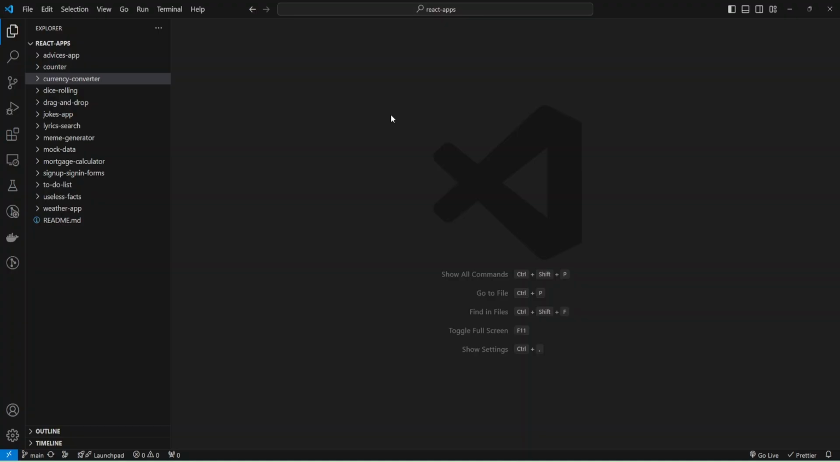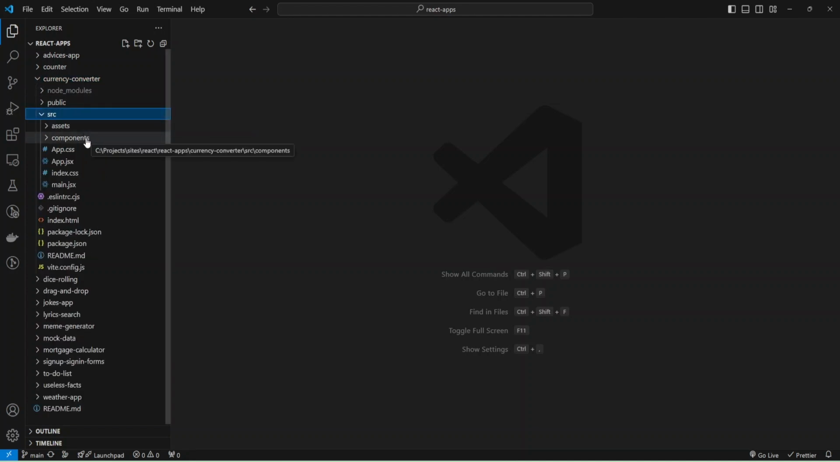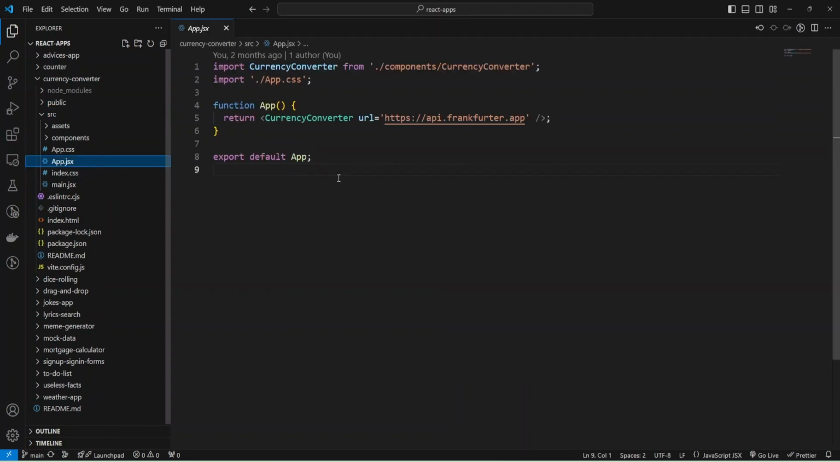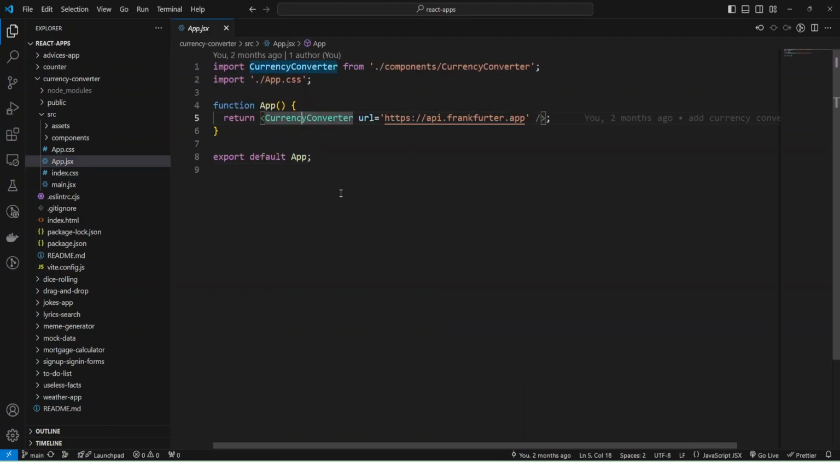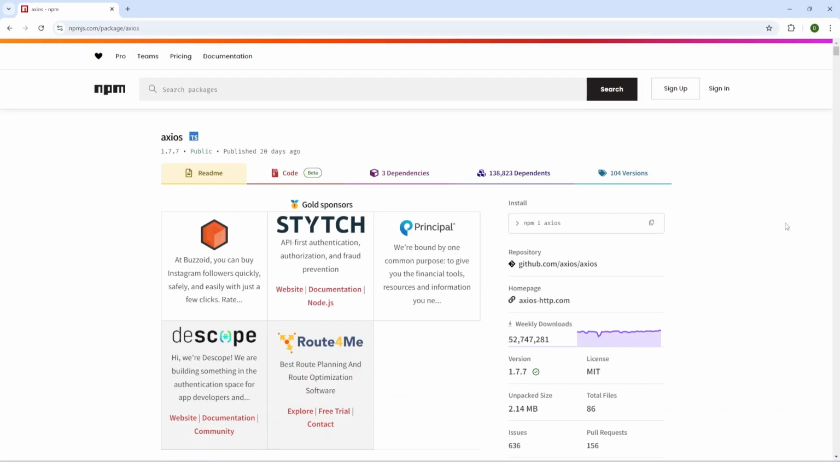I launched my Visual Studio Code and have a folder where I store my React projects, and I'm going to select currency converter and open source files, and I have app.jsx file, and here I added component. You can check my video about building currency converter. I'm going to open my component, and as you can see, I used Fetch here, and now I'm going to add Axios to my project, and I need to install